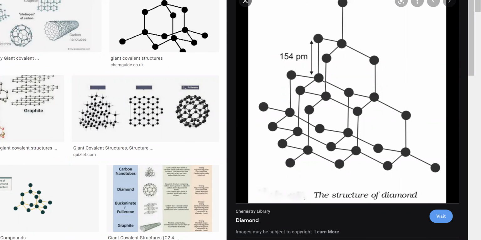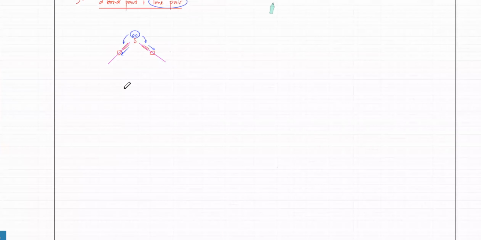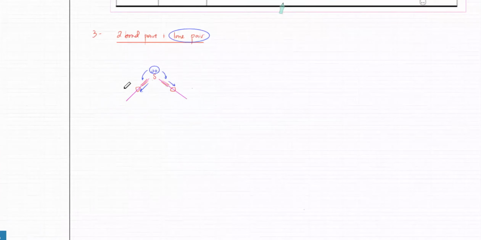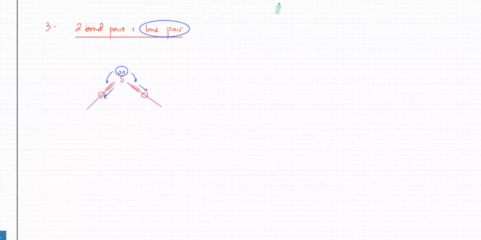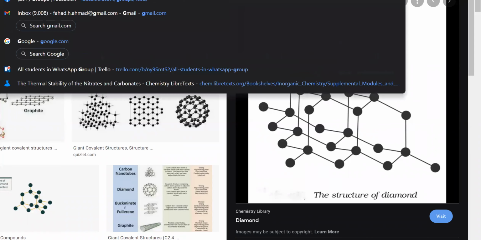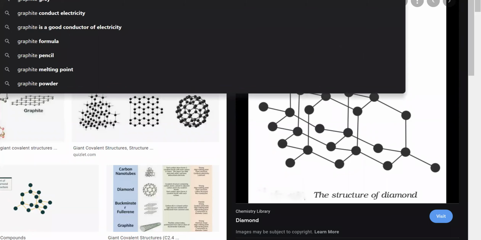Yes, graphite has them, because intermolecular forces will exist if you have two separate things. For example, like I showed earlier, if you have two separate small molecules. Now graphite is the one giant structure with intermolecular forces; there are other giant structures as well that have them. So if I show you the graphite structure,